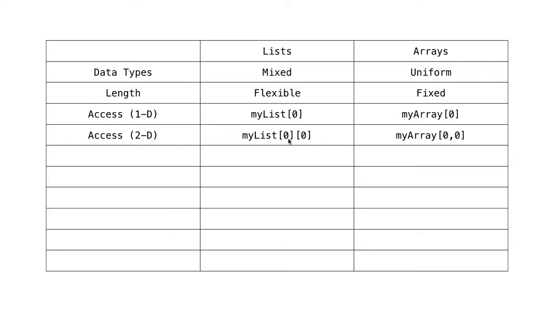In fact, I'll often refer to this in terms of a row number and a column number. So for a list, it would be the name of your list, and you have two sets of brackets here. The number that goes in the first set of brackets is the row number, and the number that goes in the second set of brackets is the column number, keeping in mind the computer starts counting at 0. So this would give me the entry that corresponds to row number 0 and column number 0,